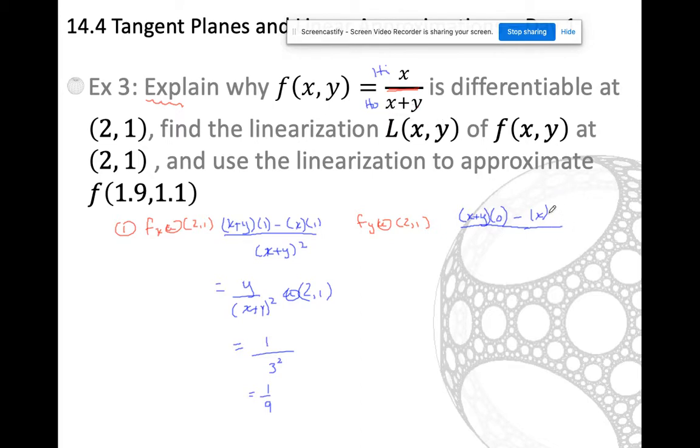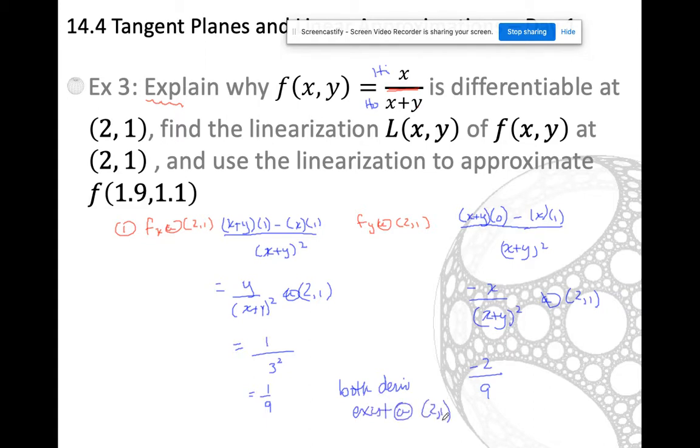So the derivative of y is just 1, all over x plus y squared. So I end up with negative x over x plus y squared. Look at that at the point 2, 1. So both derivatives exist